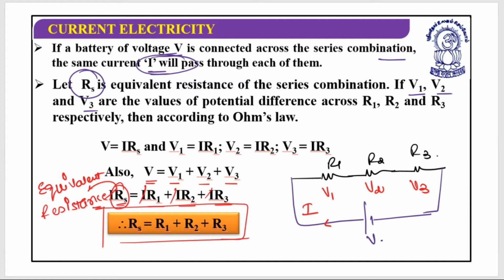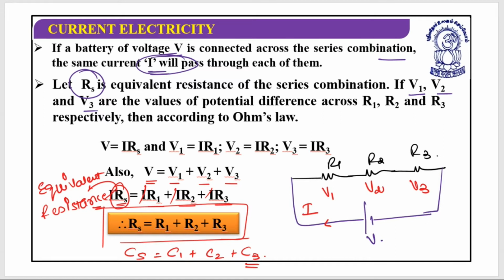I hope those things are clear. If you remember the case of the capacitors, CS equal to C1 plus C2 plus C3 was the relation when the capacitors are connected in parallel. Here resistances are connected in series, and I got the relation RS equals R1